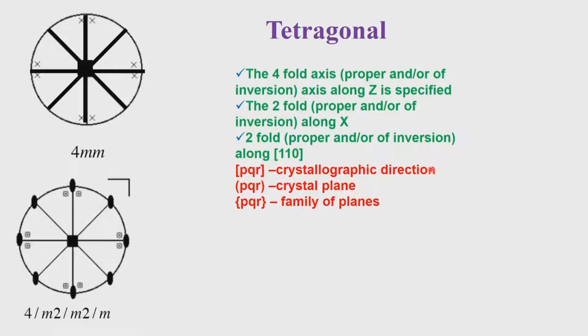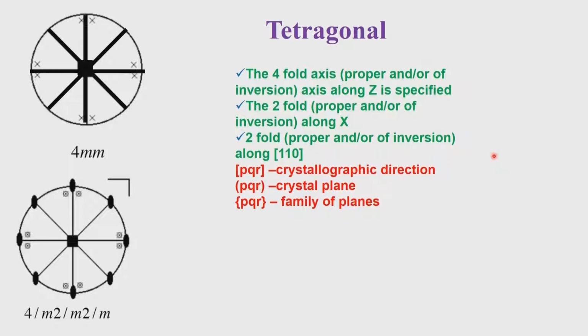represents a crystallographic direction. PQR in normal brackets represents a crystal plane, and if you have this flower bracket, it actually talks about a family of planes. In fact, it is coming very often in higher symmetry point groups, and we will discuss this again with respect to the crystal and the X-ray diffraction conditions which follow as a consequence of it. So, just remember that these are the nomenclatures you will find in textbooks, and one has to be very cautious in looking at these brackets carefully, and the meaning associated with those brackets when someone writes a technical paper